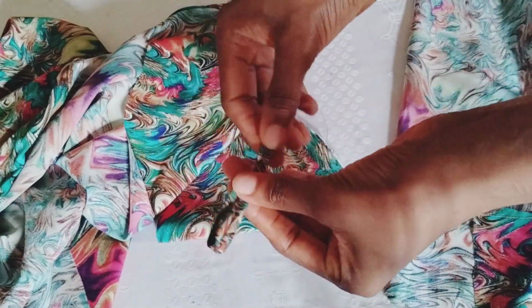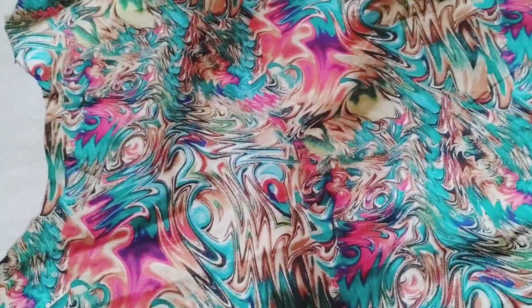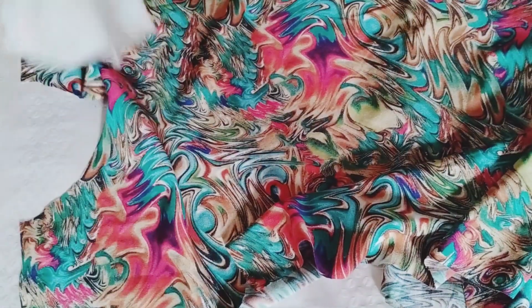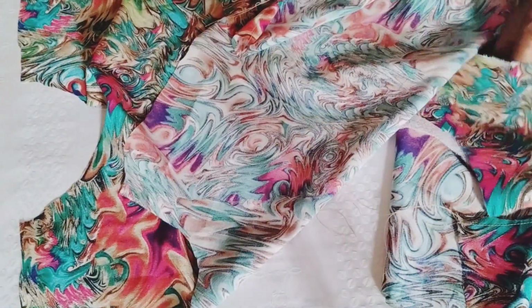This is the facing, and I've sewn my loop. So you have to make a loop. If you're using a button, you have to make a loop. So I've sewn my loop. You can cut out 1 inch and sew on 0.3 and turn. Okay,